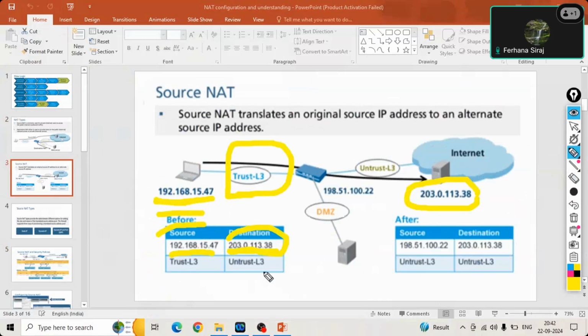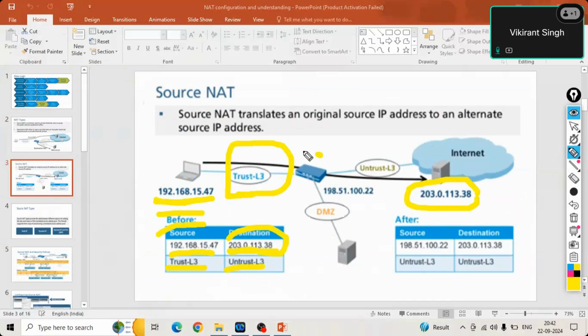But your IP is in the trust network because your office network trusts your IP, but your destination IP is in the untrust network because you don't trust that network, right? Either it is malicious or not known to you. You are just requesting to get access. So how will you communicate?